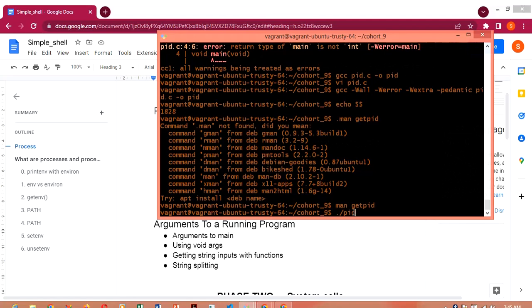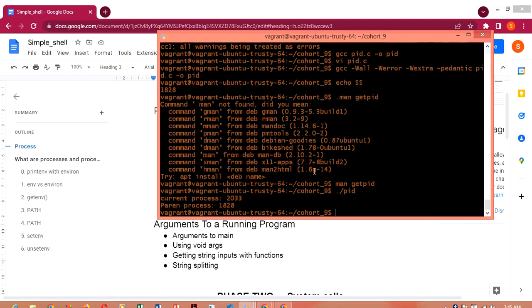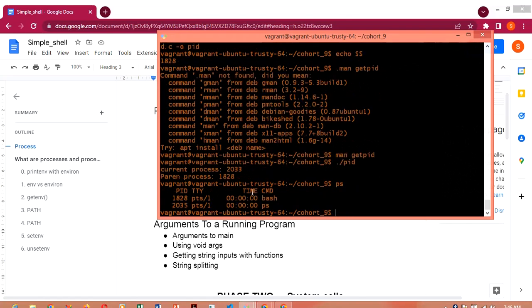So let's see this. Now you can see the current process is 2033, which is a random number, but my parent process is still 1828, because this process now is bash. Remember, let's go back to our ps. Let me just do a ps and then let's just see it. Remember, 1828 here is my bash,